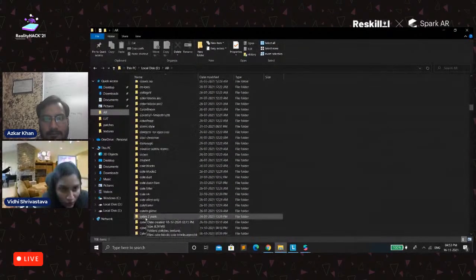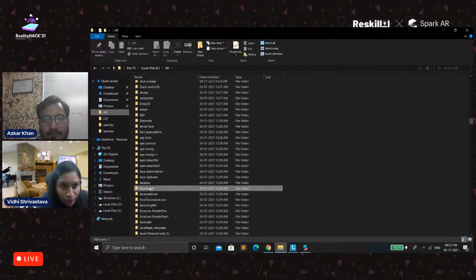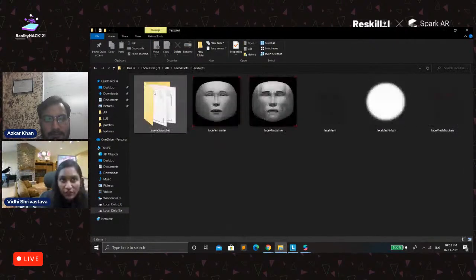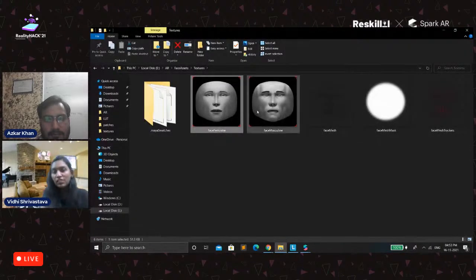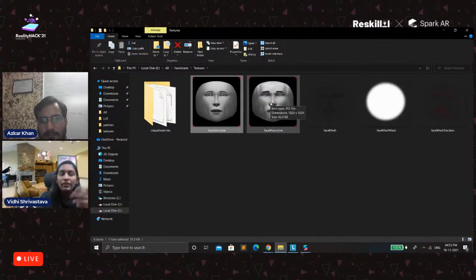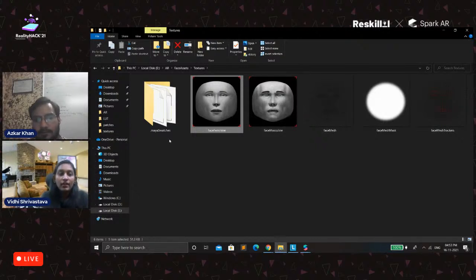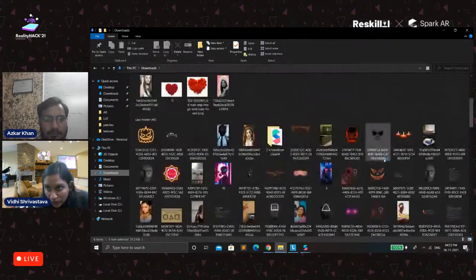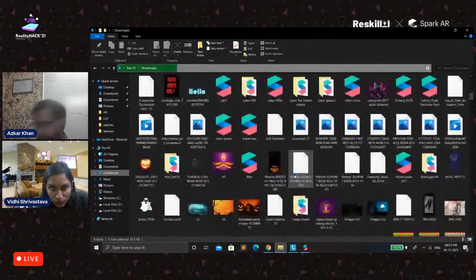Just a minute, I'll show you how it looks. Face assets. This folder was directly downloaded from the official Spark AR website. From the texture, you have the face feminine as well as the face masculine. From Photoshop, you can take one layer of these or any of them, and one layer would be the transparent one. You can see how you want the effect on the face, then save it and use it directly in Spark. Just a minute, I think I have a video also to show how it looks.